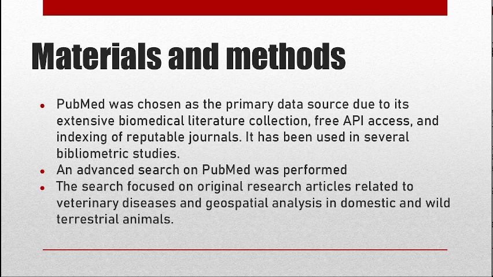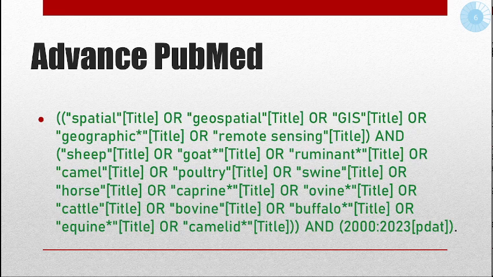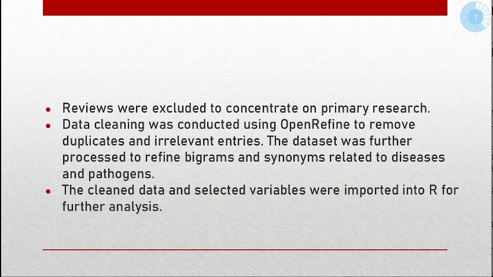And this is, I think, a unique and interesting feature of bibliometric analysis, that the researcher has control over what type of publications to include or exclude. So this is the advanced PubMed query that I used in my study, and I excluded the reviews because I was more interested